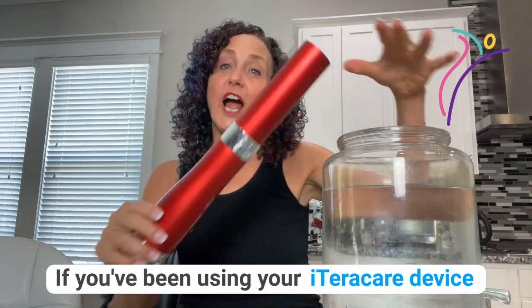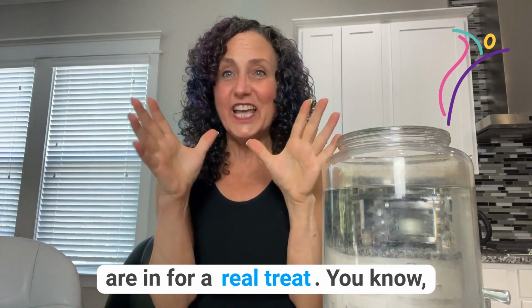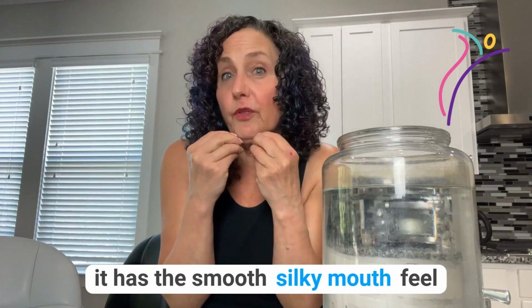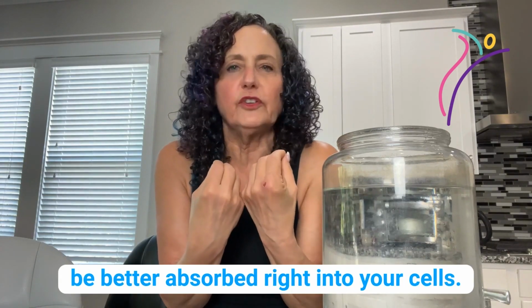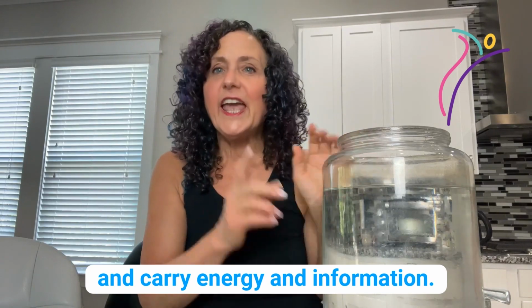If you've been using your iTeracare device to enhance and structure your water, then you are in for a real treat. You know, structured water using the iTeracare device is simply amazing, and you might have already noticed how when you structure it, it has this smooth, silky mouthfeel, and that shows that it allows it to be better absorbed right into your cells. Water is truly fascinating, and it has the unique ability to absorb and carry energy and